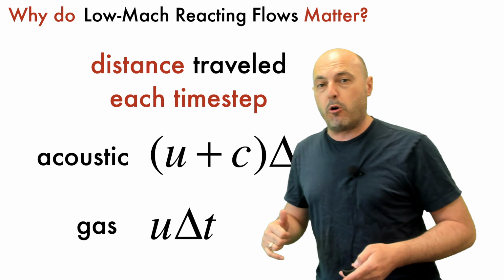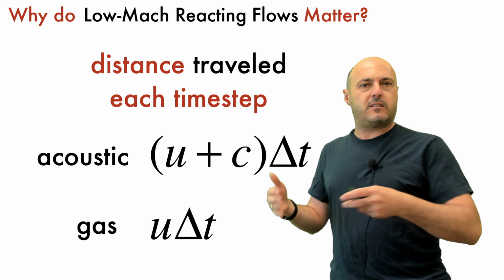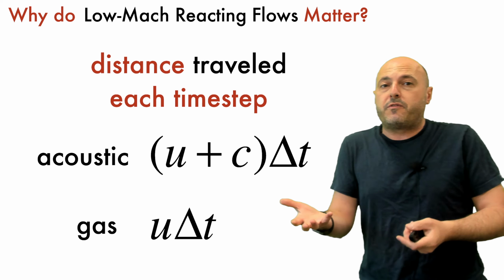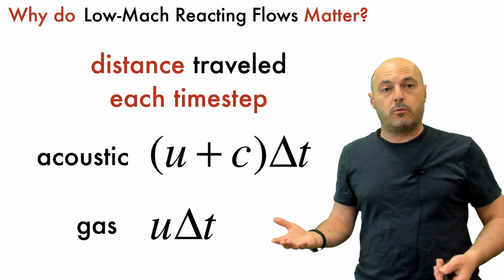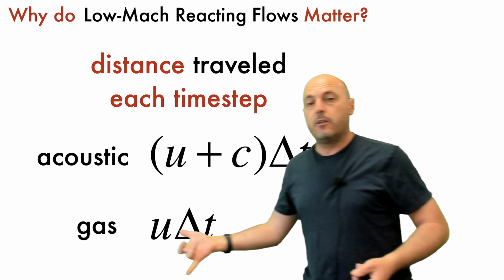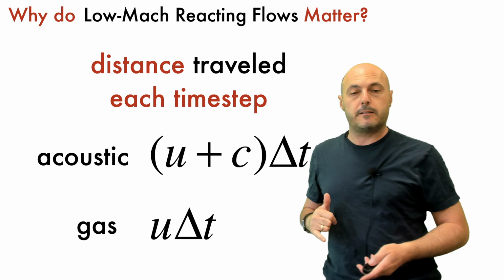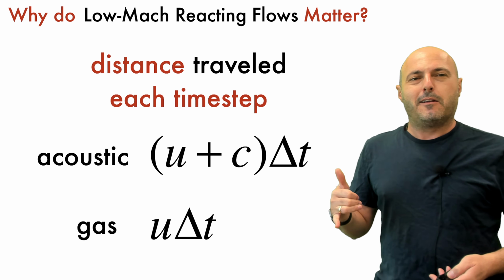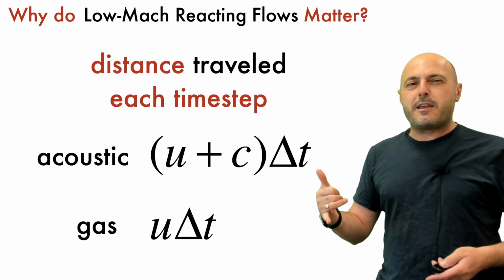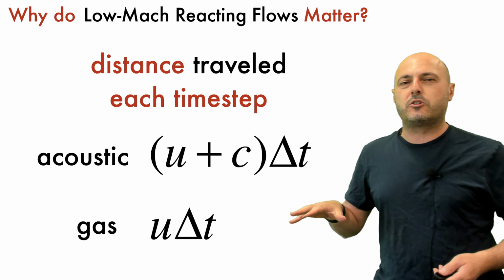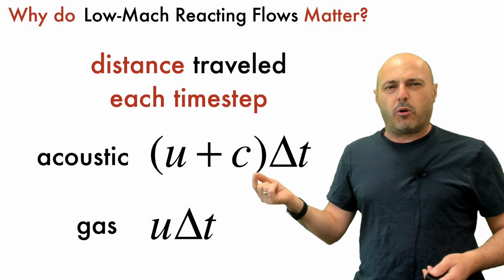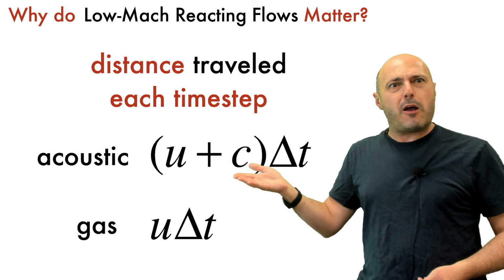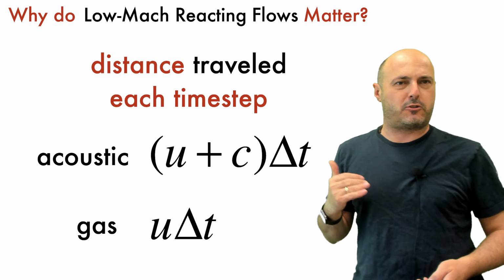Now for the advective motion, we're going to call that the gas itself, the fluid motion, that fluid front, that vortex. It's only moving at the advective speed u. So in a single time step, the fluid front moves u times delta t. So those are two distances. Clearly, you could say from just looking at these two equations that if u is much smaller than c, which it is for most daily cases, then sound is propagating at way faster speeds on the grid.